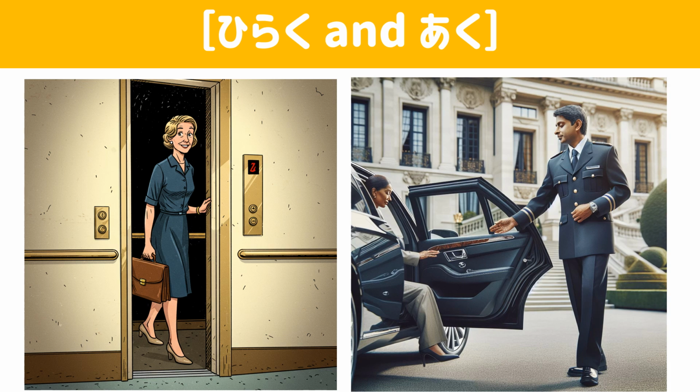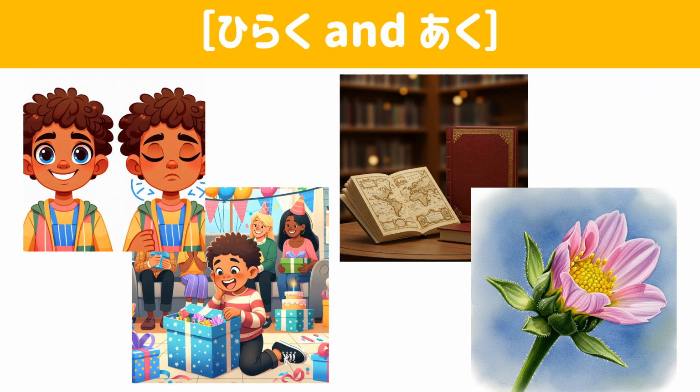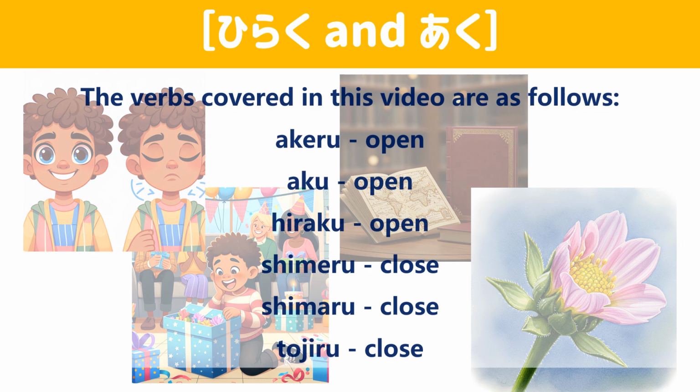How to use hiraku and aku. In Japanese, there are hiraku and aku that correspond to the English open. In addition, there is a distinction between intransitive and transitive verbs, and there are also the verbs aku and akaru. The verbs covered in this video are as follows. 開ける、開く、開く、閉める、閉まる、閉じる。